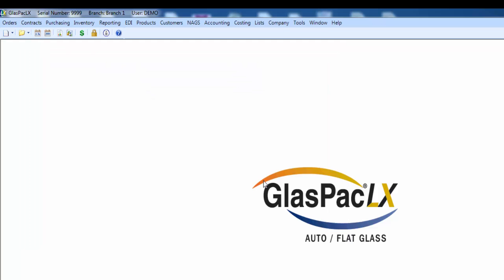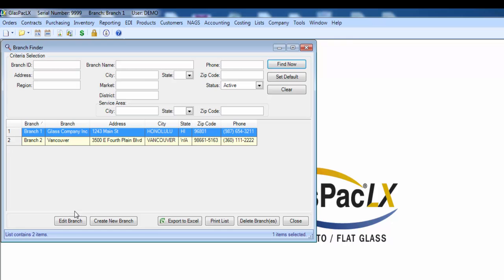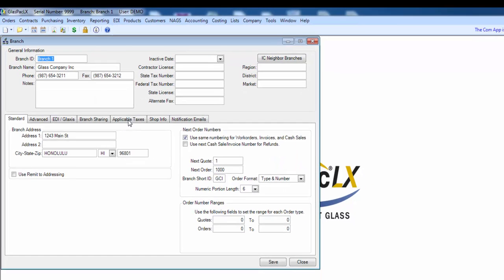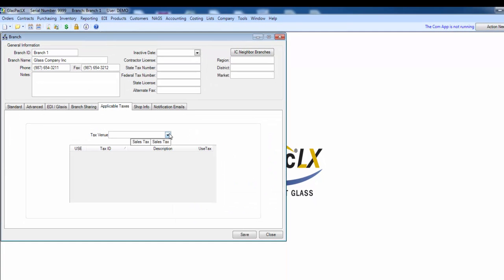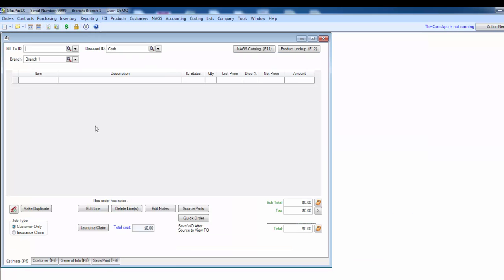Now the taxes are in place. Where I'm going to need to go apply them is in my branch setup, applicable taxes, tax venue, sales tax. This word use means I'm going to use those as my default tax rates for my branch. Use tax over here is the word use. Don't check that. Save, close, and now